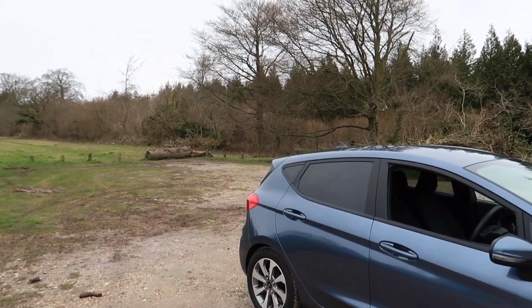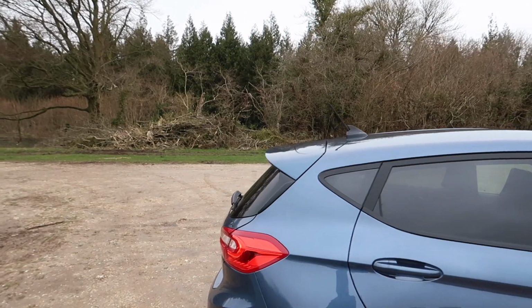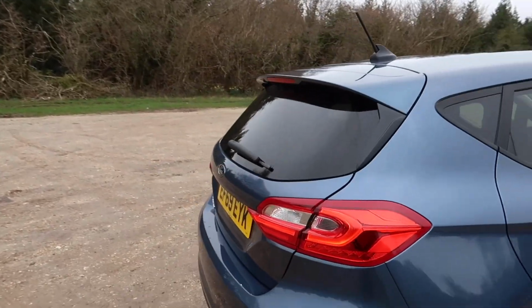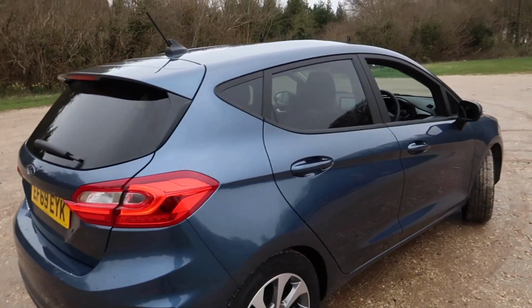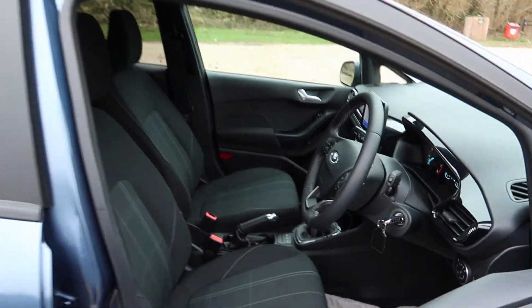You also get rear privacy glass as standard. Not all of its rivals get that for a similar kind of trim level. And overall, it is a pretty tidy looking motor. Now, if I take you on the inside,